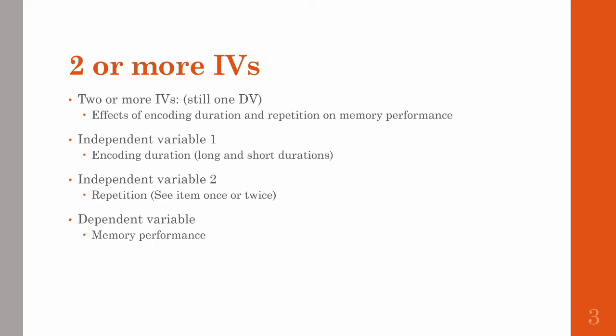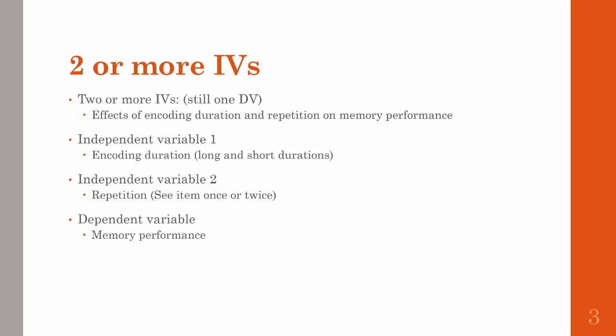Well, we can have designs with more than one independent variable, however. Factorial designs are experiments that include more than one variable. Each level of one independent variable is combined with each level of another independent variable to produce all the possible combinations between. So adding on to our previous example, we could still have a long and short duration condition, but